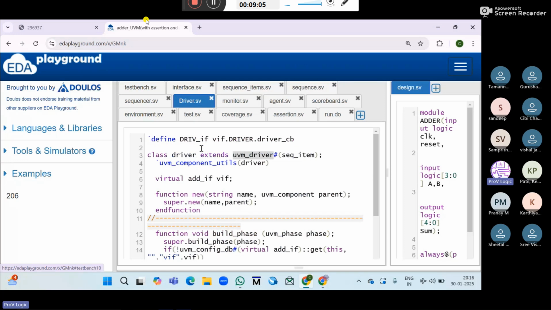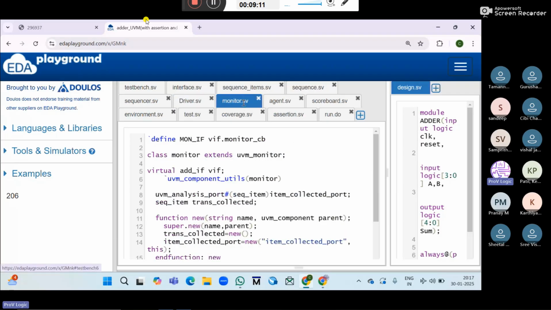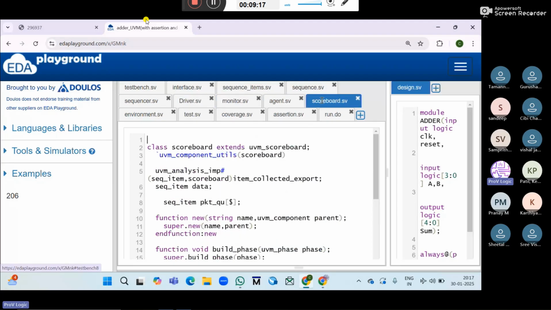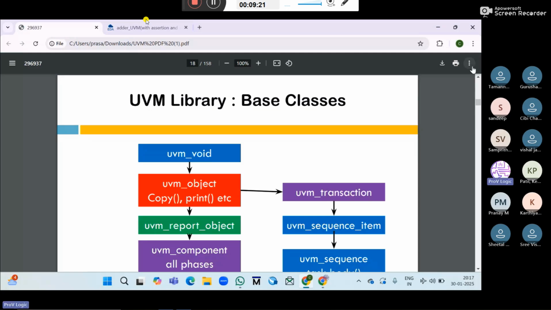Like the driver is a component, so here we will write UVM component utils. Monitor is also a component, that's why we create it as a component. And agent, scoreboard, all these are components. Okay, next,